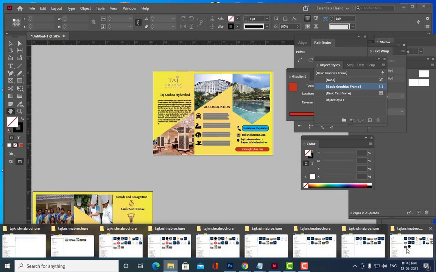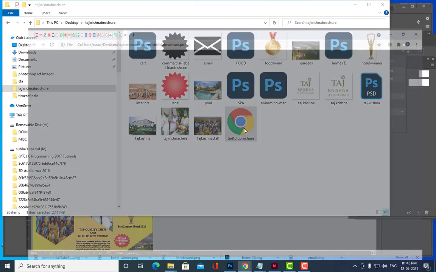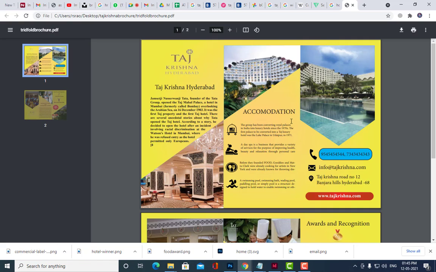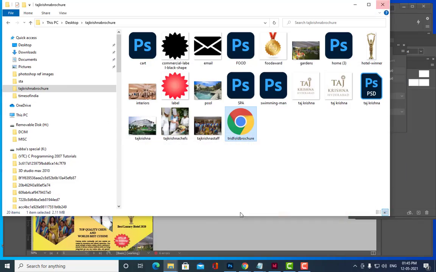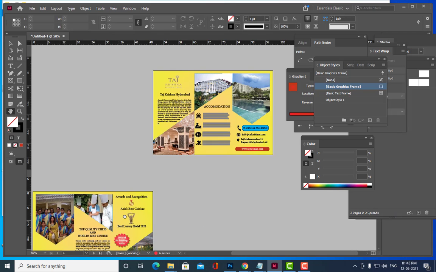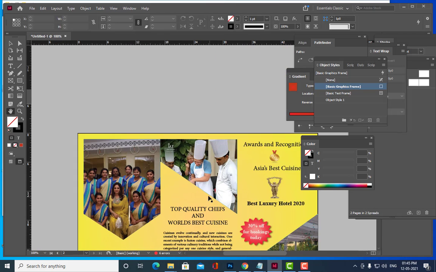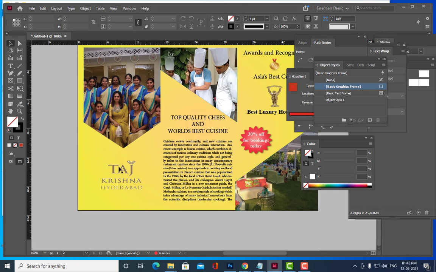Okay, so did we export that? Here. Okay, see here. So this is our trifold brochure. Okay, here actually this logo is lost somewhere. Wait a minute. So what happened to the logo here?